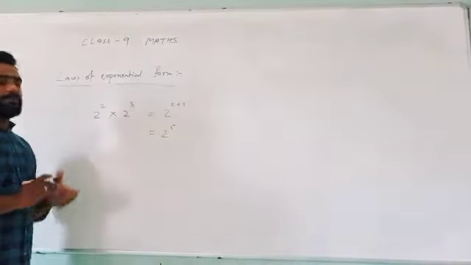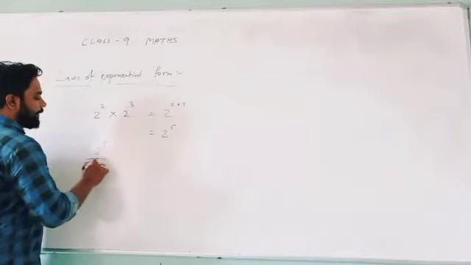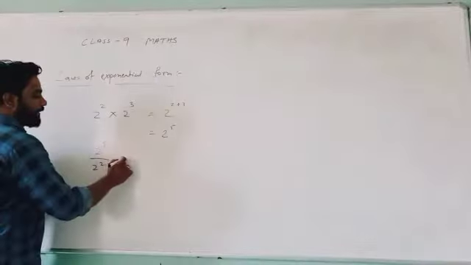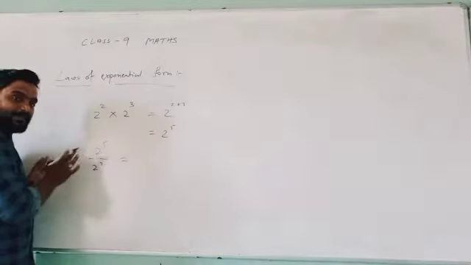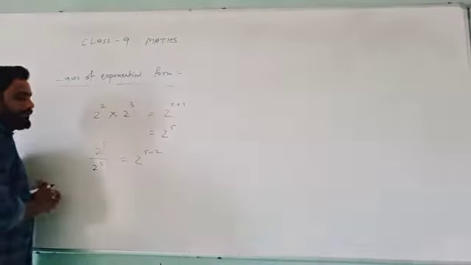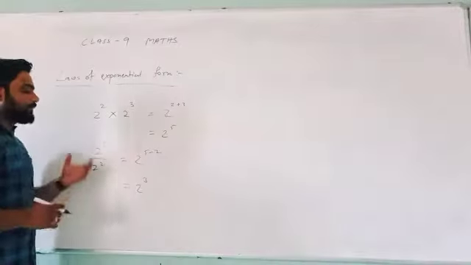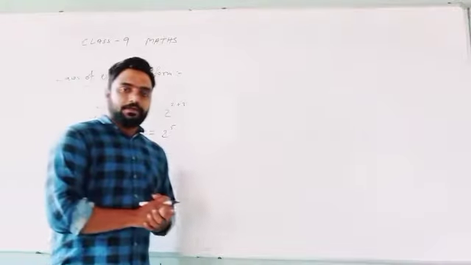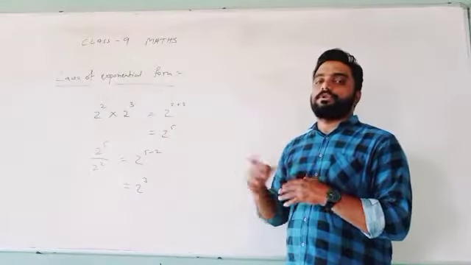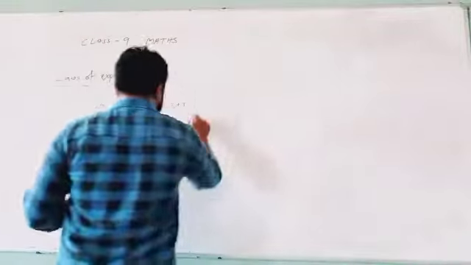Now if the same thing is given in the form of division, suppose 2 raised to 5 divided by 2 square. This type of form is given to you, so you can write 2 raised to 5 minus 2 in this case. So that will give you 2 cube. Understand or not? Okay, means अगर डिवीजन में है तो आपको सब्ट्रैक्ट करना है, और अगर मल्टीप्लिकेशन में है तो आपको क्या करना है भाई? एक्सपोनेंट को ऐड करना है. Understand or not?